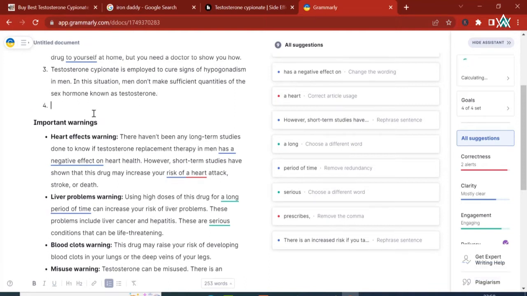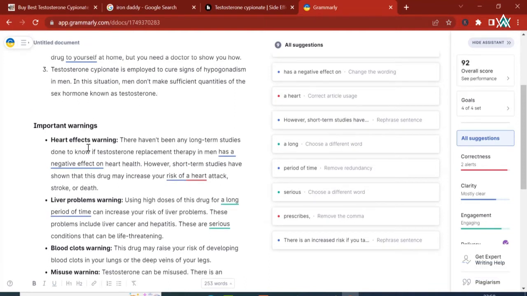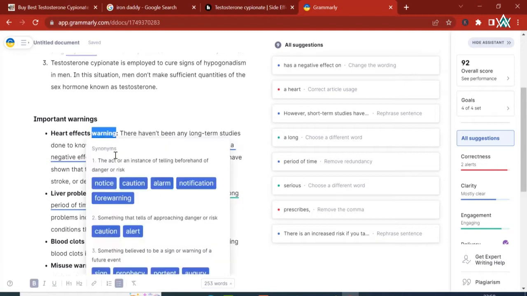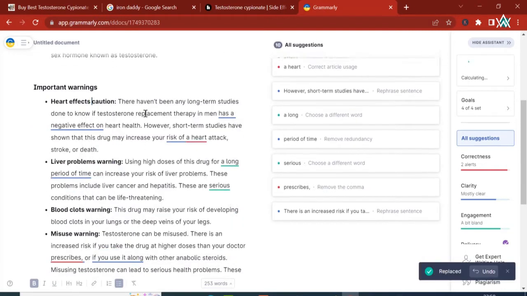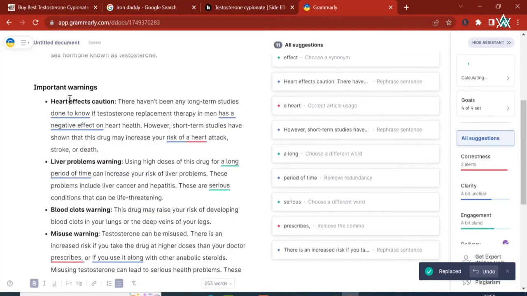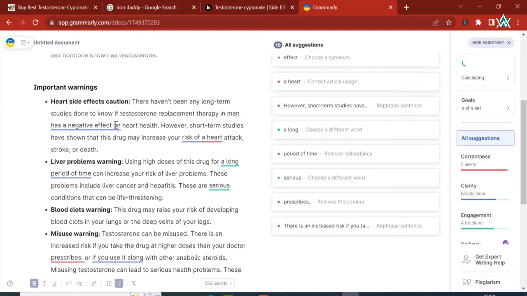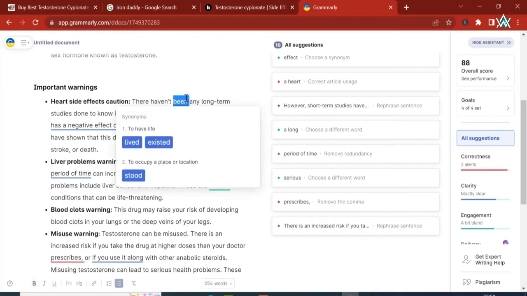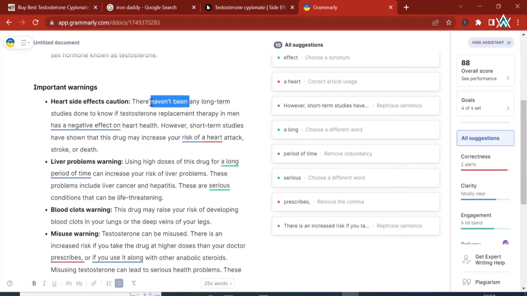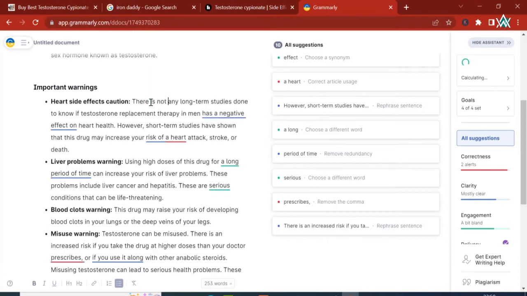I'm going to write the second part. Important warnings, heart effect warnings, or heart effect caution. Okay, heart instead of effects, side effects. There haven't been any long-term side studies done to know. There haven't been. There is not much. I would say there is not